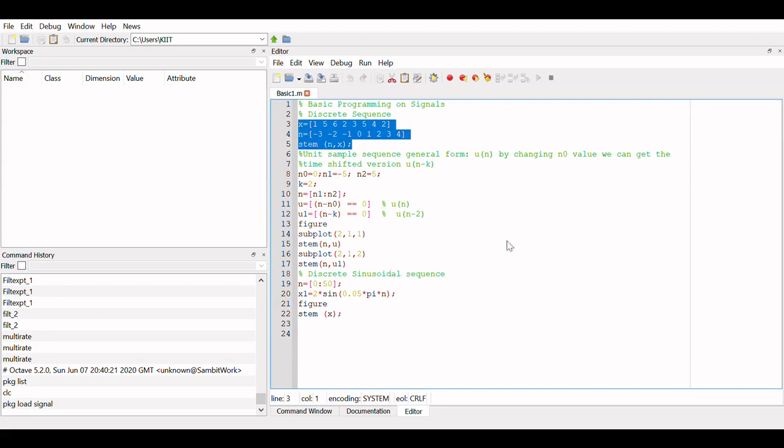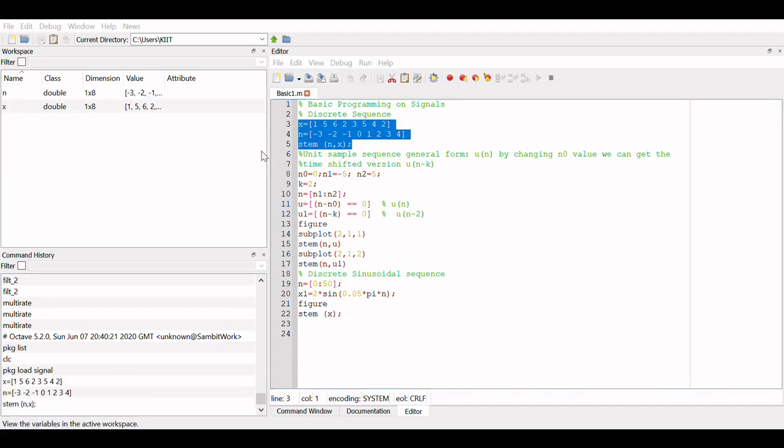If you want to run the whole program, you can press here, save file and run, or like MATLAB you can always press the F5 button. Else, suppose I want to just run this part of the code where it will show my x of n sequence, so I will choose this part, right click, run selection, or choose the part and press F9.